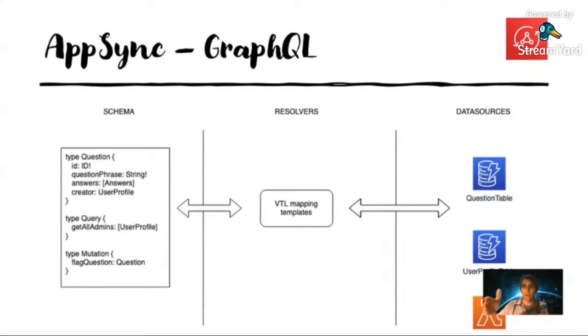And you see here, those data sources are where our data lives. That data can come, on the one hand, directly from a DynamoDB table, or it can come from a Lambda function, which may or may not connect to a DynamoDB table or others. These are actually not the only data sources, but these are the ones that I'm discussing here.